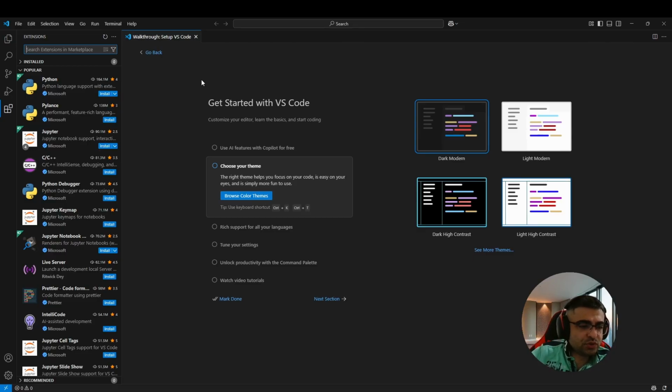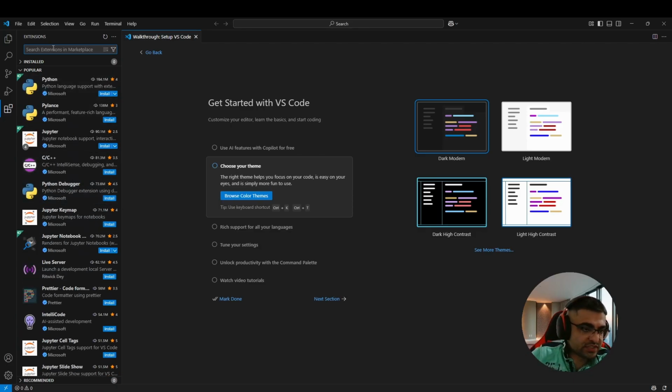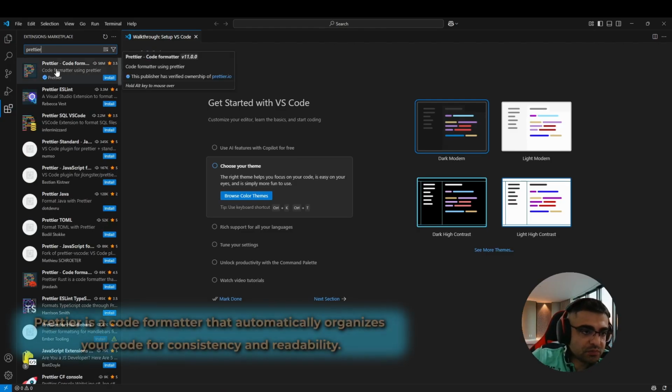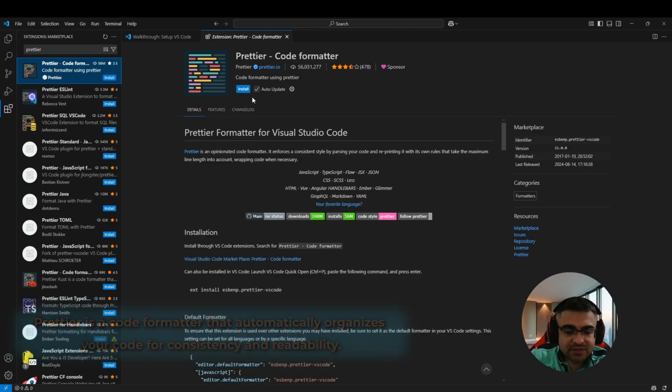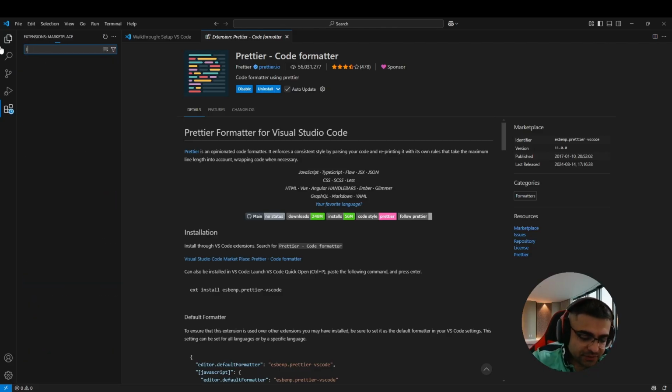Here I want to show you how to install extensions. There are some popular ones here in the list you can see, but you can also search for them. Let's start with Prettier, which is a code formatter. If you search for that, you can see it appears here. Simply you can click on Install. Now it's installed on our IDE. Then another one is Live Server.